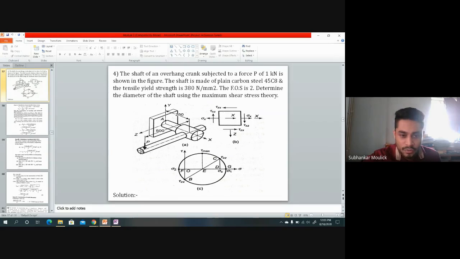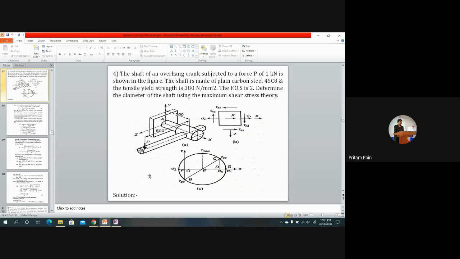ये जो शाफ्ट z एक्सिस के पैरेलल है, इफ आई टेक लोड P इंटू 500, ये एक टॉर्क क्रिएट करेगा। दैट मीन्स ये जो शाफ्ट z एक्सिस के पैरेलल है, ये पॉइंट ए के अबाउट इसको मोड़ने का कोशिश करेगा P इंटू 500, अगर मैं टॉर्क अप्लाई करूंगा। आया समझ में?